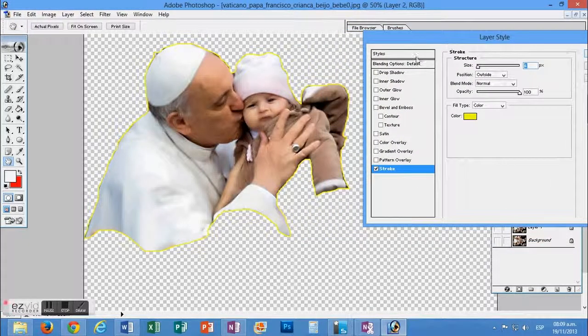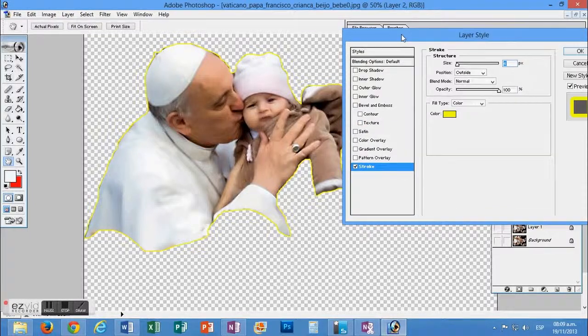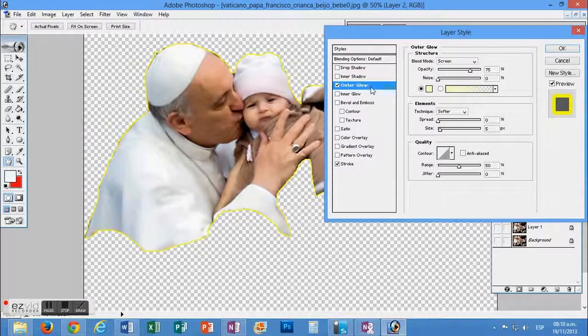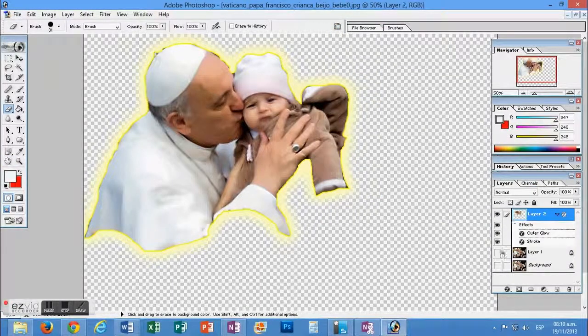So now what I want you guys to do on this same box is to click the outer glow. And on the outer glow, the first thing that we're going to change is the opacity. We're going to take it all the way up to 100, and we're going to spread it out a little bit, and the size, we're going to increase the size of our glow, and this is the way it's going to look. We're going to click OK, and now I think that we're ready just to put the eyes on the other two layers,